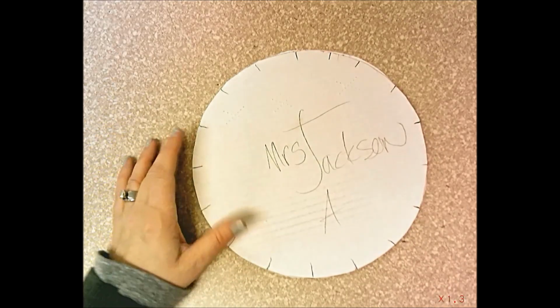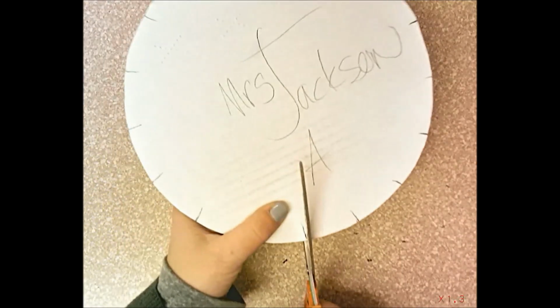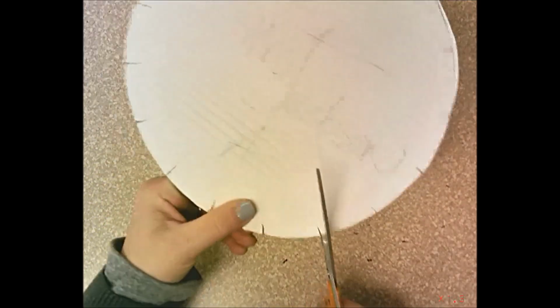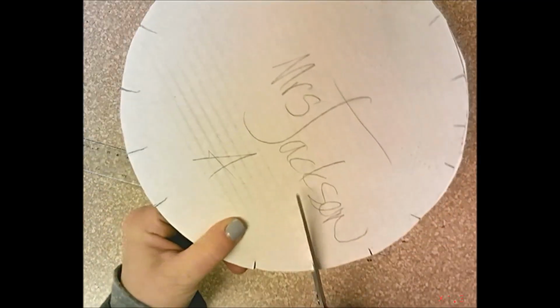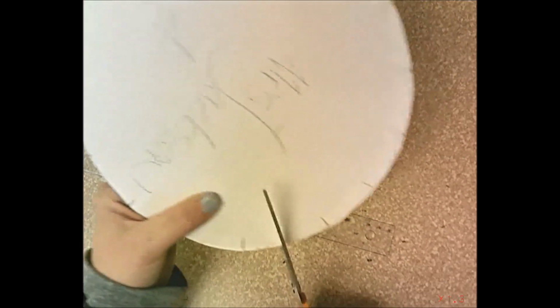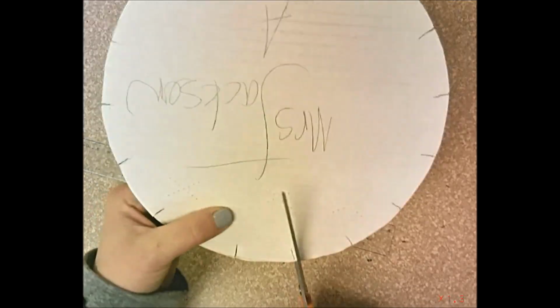Alright, so now you're going to cut these little marks. And you don't need to cut real deep. Maybe 1/2 inch. If you're not sure what 1/2 inch is, get a ruler out and look. I wouldn't think any deeper than that. And you're cutting through the cardboard and your black paper with your pattern on it. So now that they're all cut,